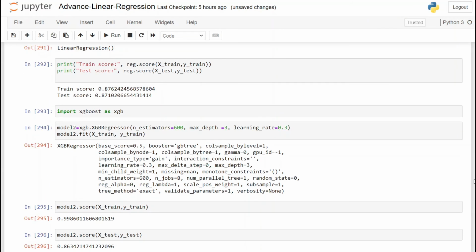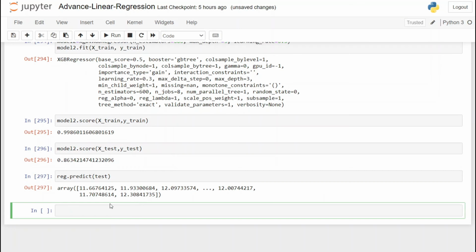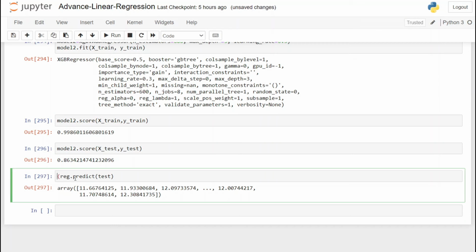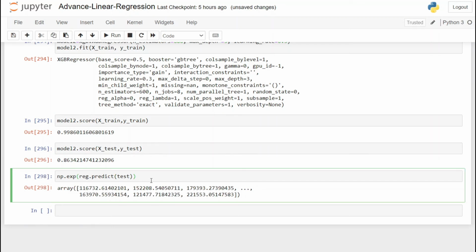Now let me show you how you can make the prediction on test set. So for that, we just have to call predict function of the model, and inside that we are just going to pass our data. So here we have our predictions for sales price, but the problem is that we are getting values like 11, 12. This is because our model was trained on log transform data, so it is spitting these values. So to convert them into actual money, we are going to use exponent. And now you can see that these prices are reported in thousands. So now we are actually getting the actual prices.